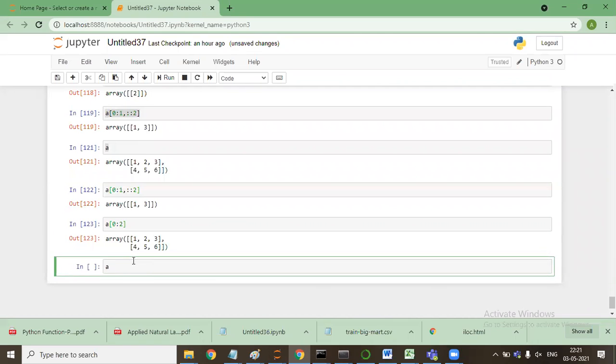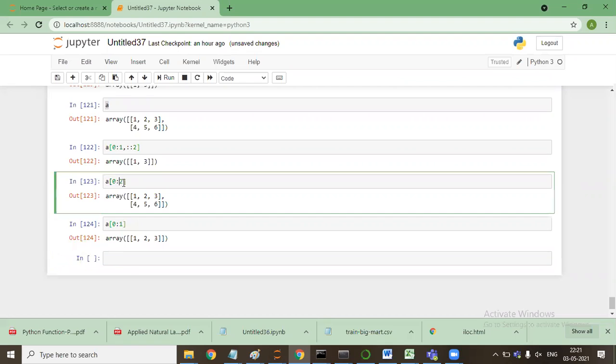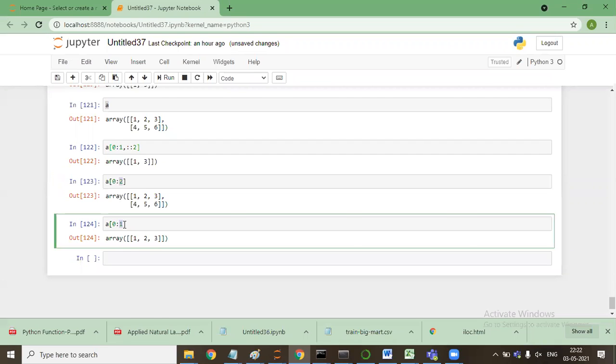But if I say A[0:1], it is referring to 0 only, because here the end is 1. With 0:2, it will go from 0 to 1, which means 0 and 1. Here it will be 0 till 1, which is 0 only, so it will come to the 0th row.